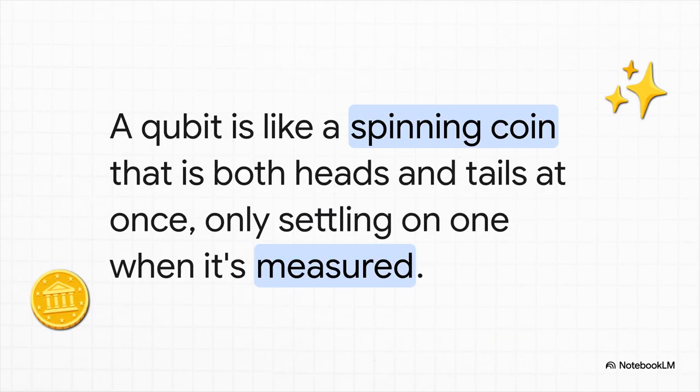You know, a really great way to picture this is a spinning coin. While it's up there, flipping in the air, is it heads or tails? In a way, it's kind of both, isn't it? It only picks a side, heads or tails, when it finally lands and we look at it, when we measure it. A qubit in superposition is exactly like that spinning coin. It holds all its potential answers at once.